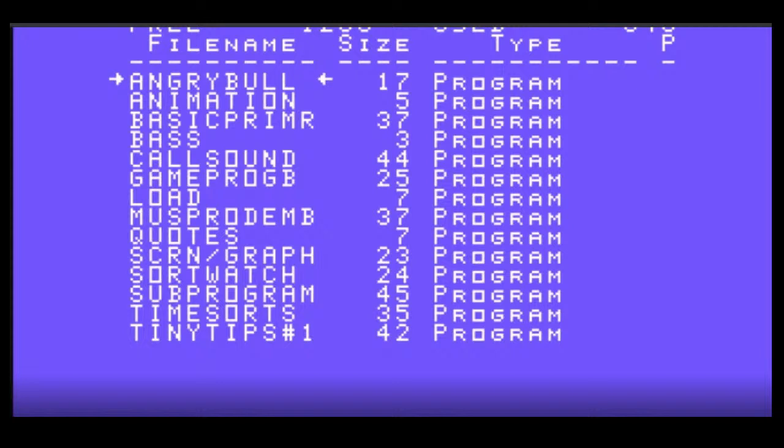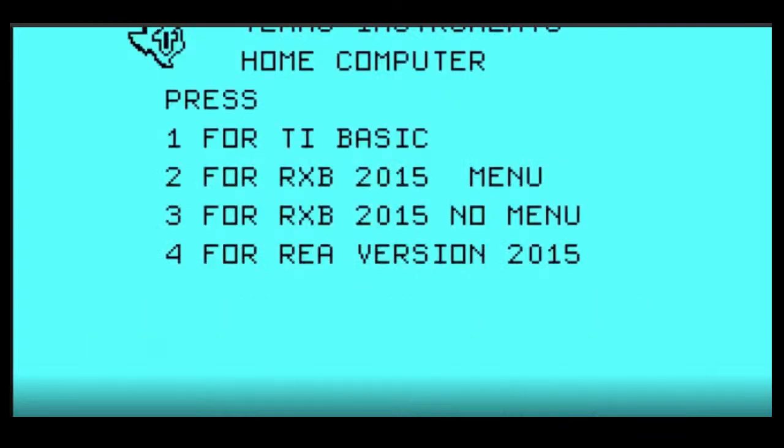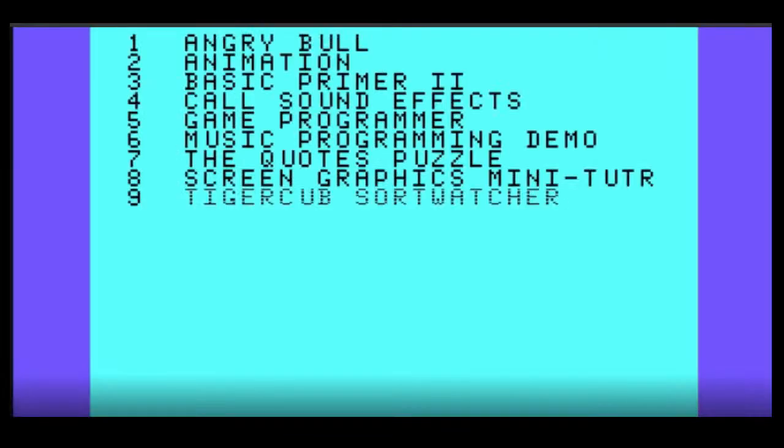Okay, so I think what we want to do is go down to Basic Primer. Oh, there's a load program here too. Okay, so we'll just quit, select RXB, let it find the load program on number 1. There we go.